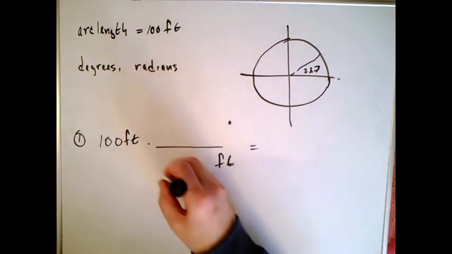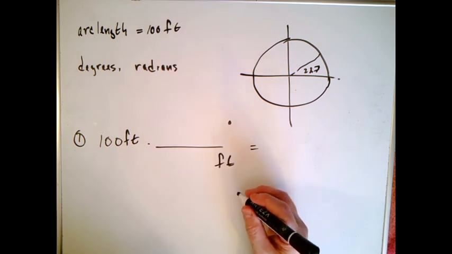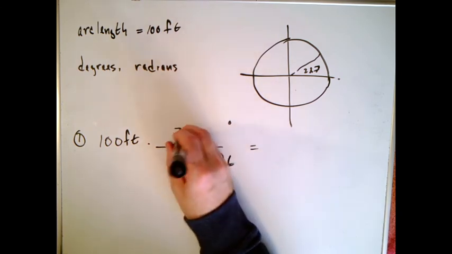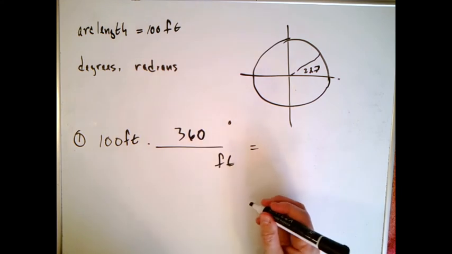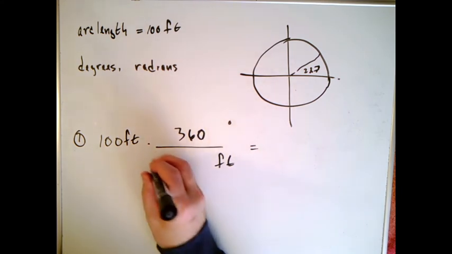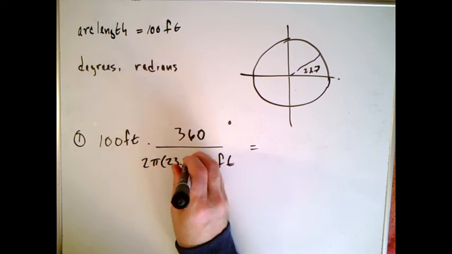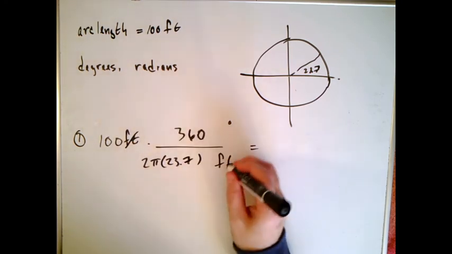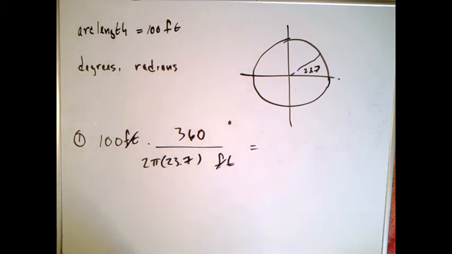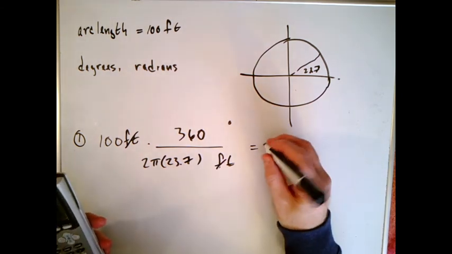Now, how do I find the numbers here? I usually just do one lap. One whole lap is 360 degrees, and that's equal to one whole lap of circumference. One whole lap of circumference is 2 pi times 23.7, like this. The feet cancel, and according to my calculator, we get something like